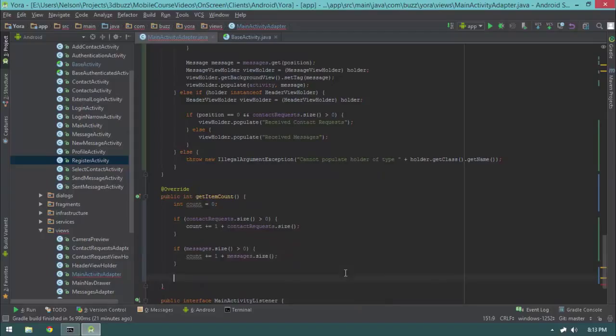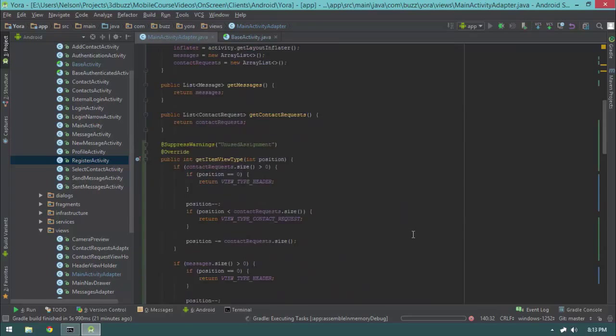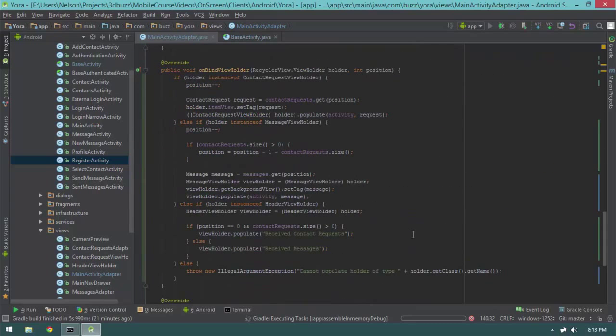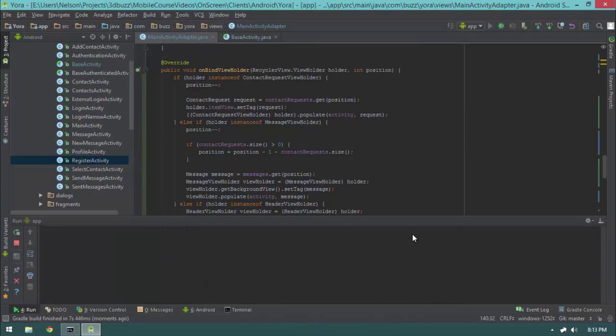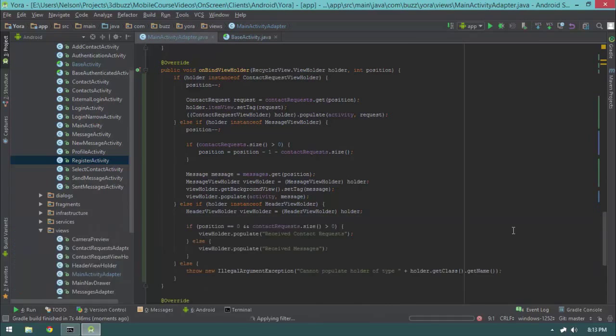Then finally, I'm going to return count. And that's it. That is our main activity adapter. It is a little scary because you really have to think in terms of these weird things, because the position, the items, it's all just different. But once you get your head around it, you can write this kind of code fairly effectively, or you could just use a library that makes working with this stuff a whole lot easier, or write your own. I would recommend that as a really excellent